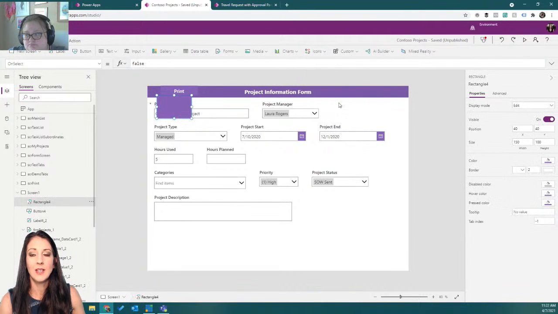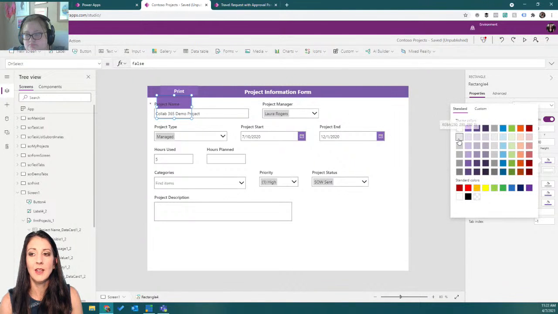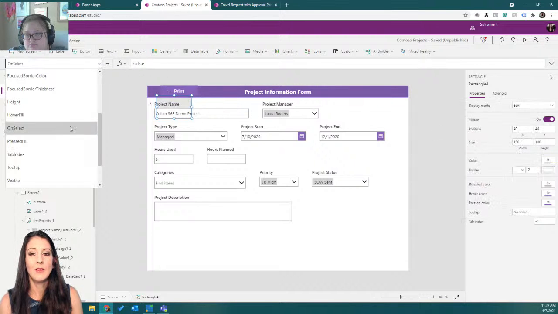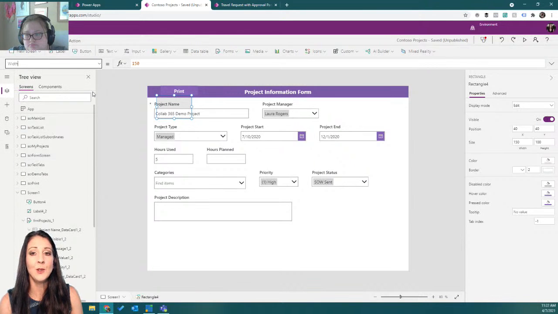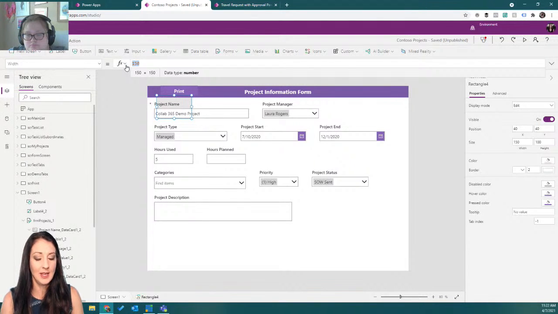But I'm going to take a rectangle and put it behind my form control. Reorder, just send it to the back. And I'm going to make it light gray. And then I'm going to make it be the same size as the form control. So I'm going to say I want the width to be the same as this